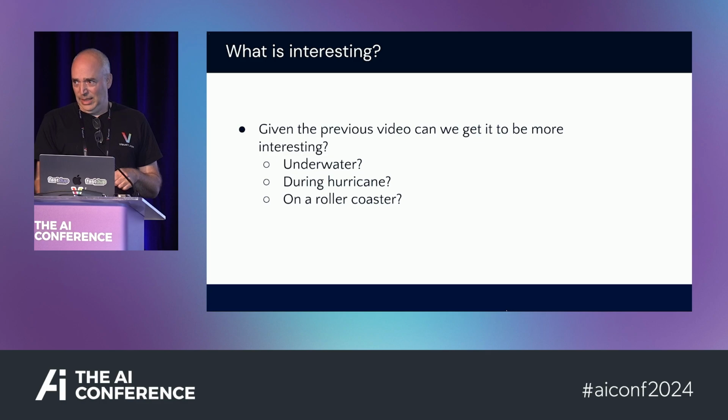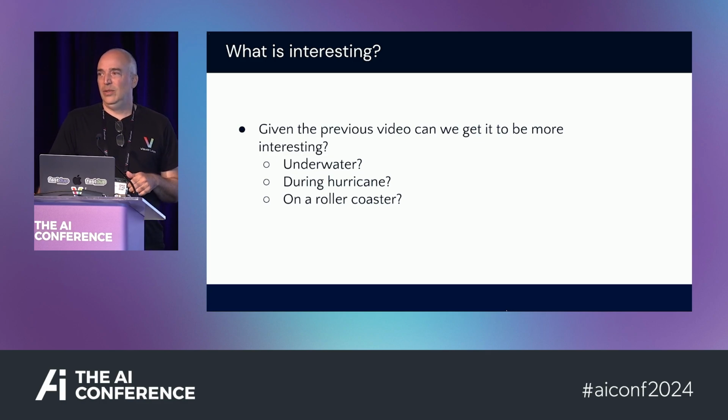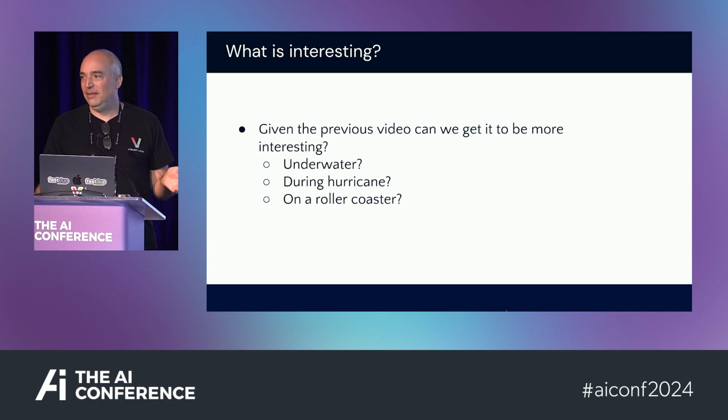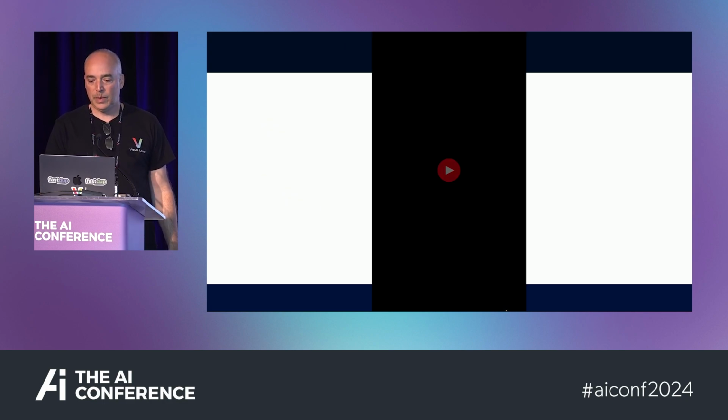So I did a little experiment. I asked ChatGPT, what do you think would be the most crazy places to cook if I want to be a famous social network person? So ChatGPT suggested underwater during a hurricane, on a roller coaster. I tried to look for those suggestions. I didn't find anything. So ChatGPT is a bit forward thinking. If you want to be famous, that's the next thing you need to do in a social network.